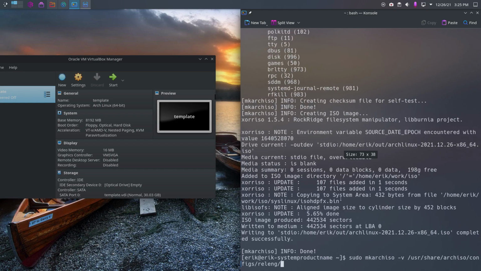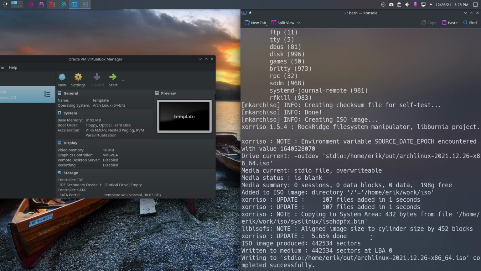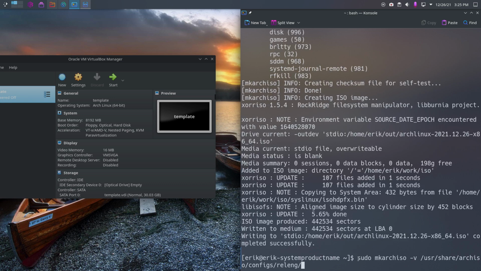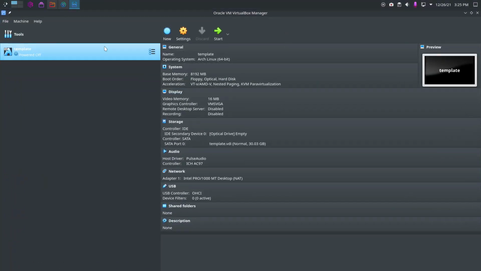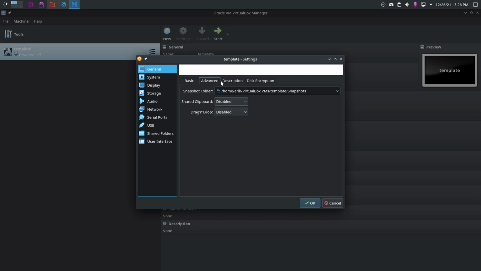So ArcoLinux, my personal ArcoLinux ISO, no changes whatsoever, just running the, maybe we should end with that as well, just ending with this code, sudo make archiso -v. That's it. Okay, if you do that, you get the ISO, and then we'll have to make this even a little bit better, because